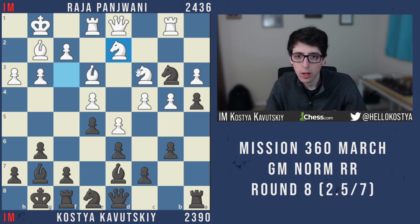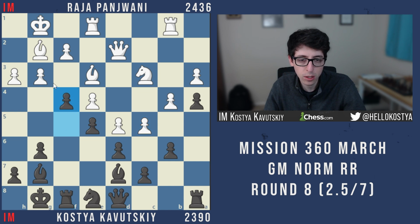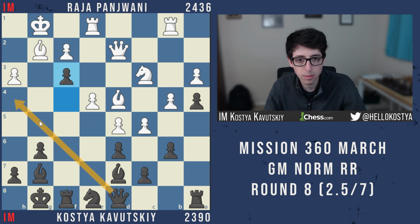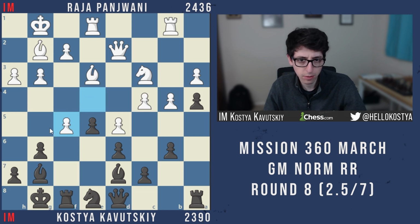So I end up going knight takes d2, queen takes, f5, and now threatening to push f4, which is pretty annoying for white. So for example, if c5, f4, white can't take twice, because then the piece would be hanging. Probably take this one, and then rook takes f4. And if white goes bishop d4, then f3. Probably pretty annoying. And okay, I'm suddenly getting some real attacking chances on the king's side here after queen h4 and stuff. So instead, white takes on f5, which I think is very thematic, pushes f4, and now I